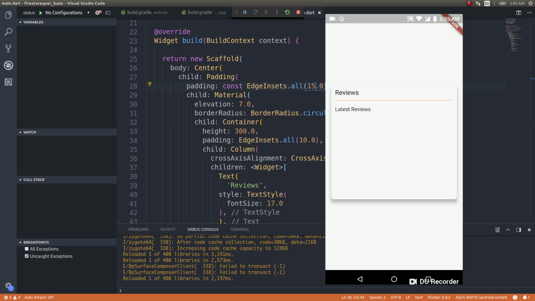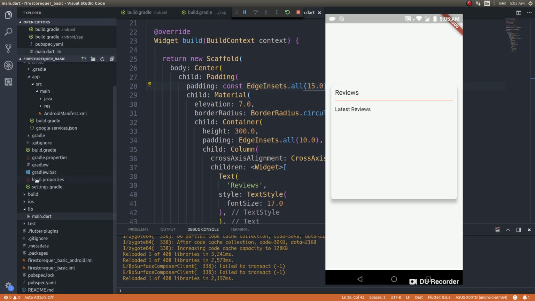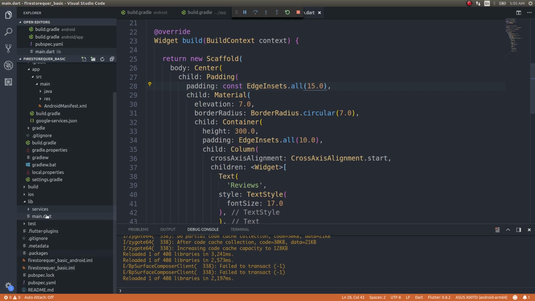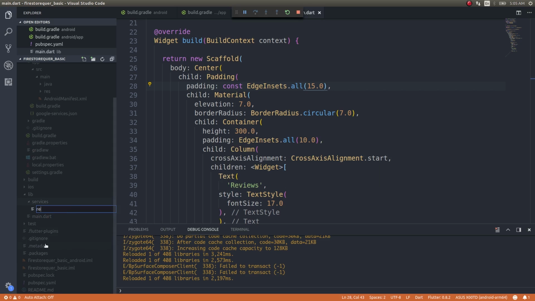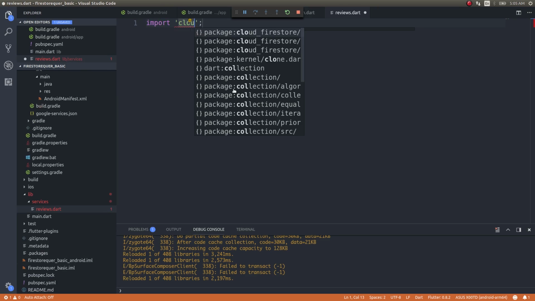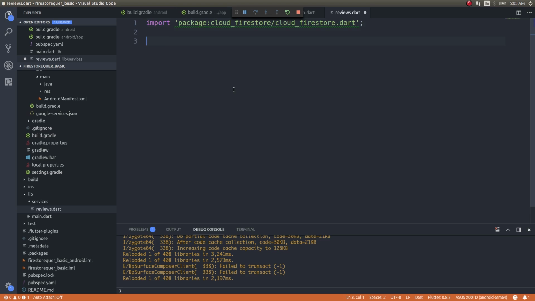Yeah, there you go. Now you have a nice looking card in the center of your screen, right? Okay, let's see how to bring the data from Firestore inside this particular card. So to do that, I'll first go ahead and create a file. Now I'll just import Cloud Firestore here, and